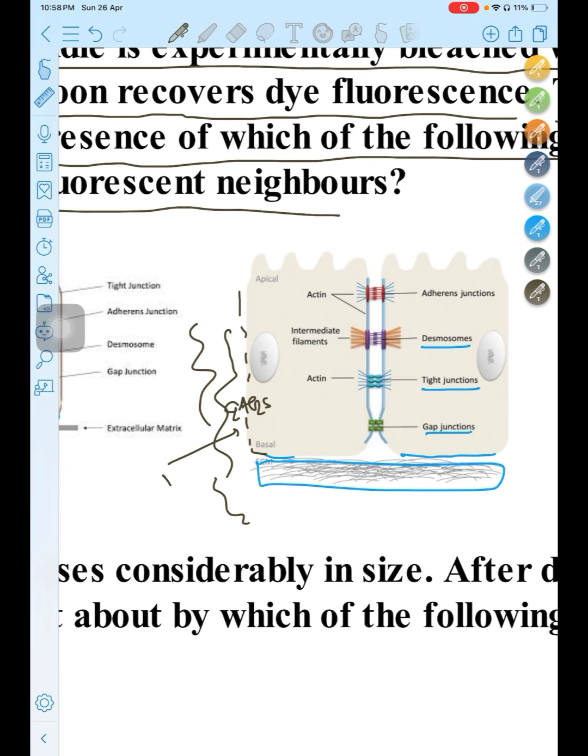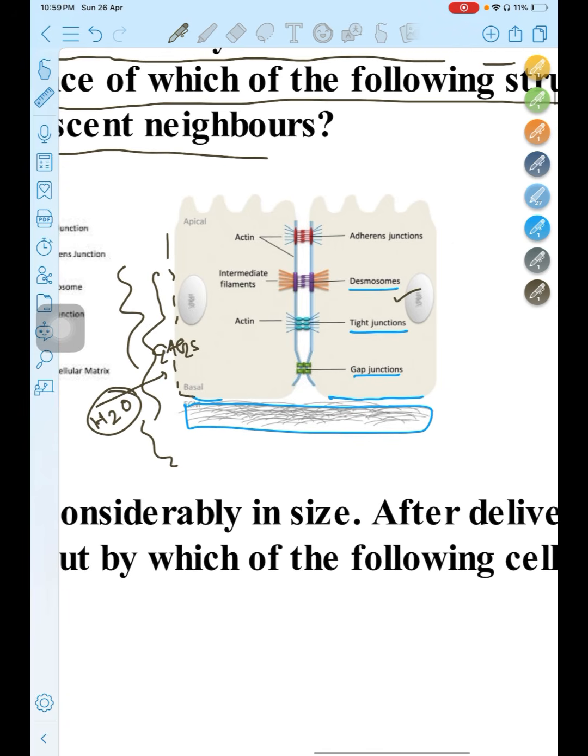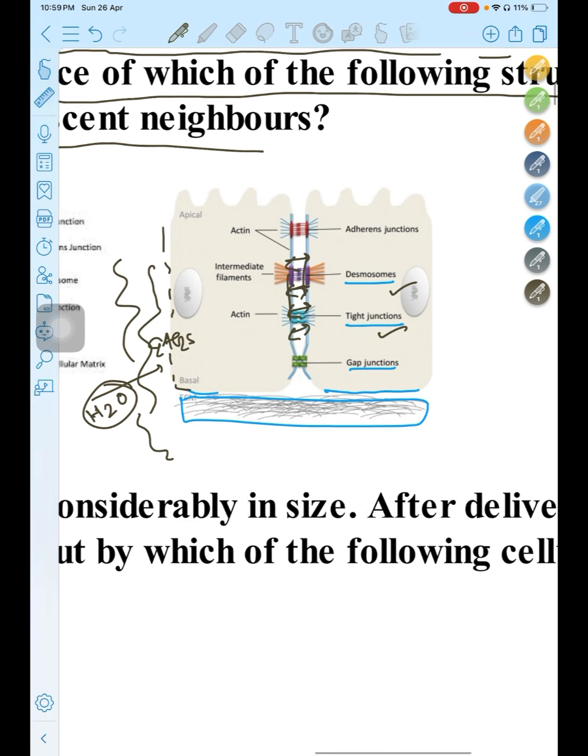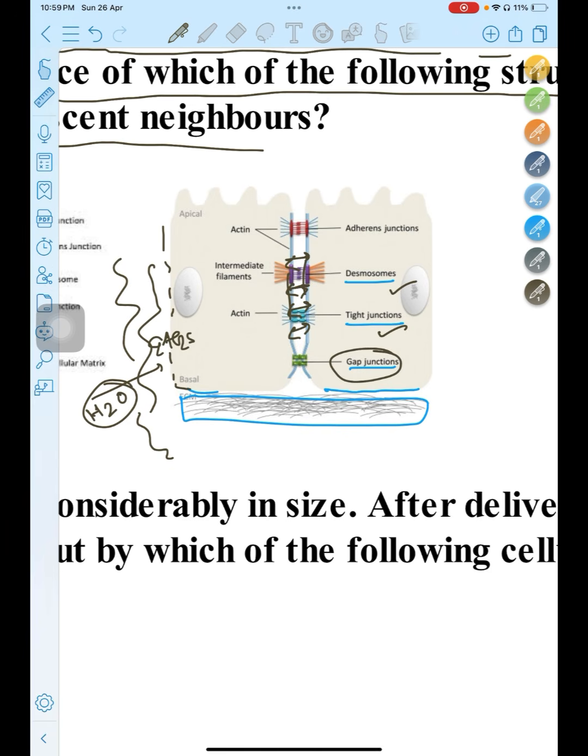Glycosaminoglycans draw water and act as shock absorber. Desmosome and tight junction anchor the cell in between. Gap junctions are junctions which allow passage of electrical charge, chemical signals